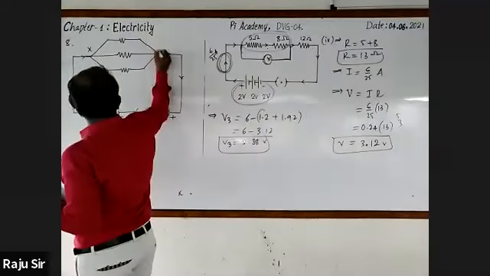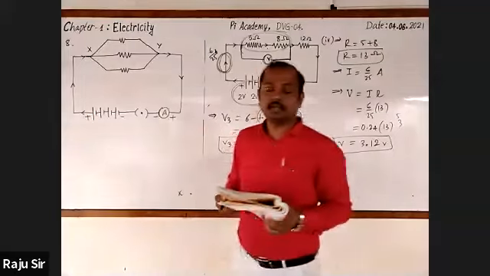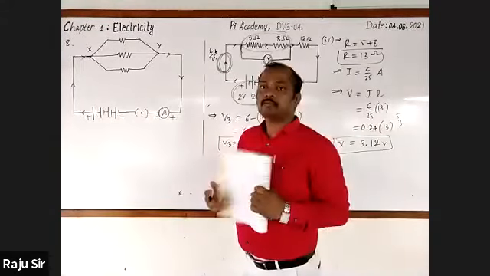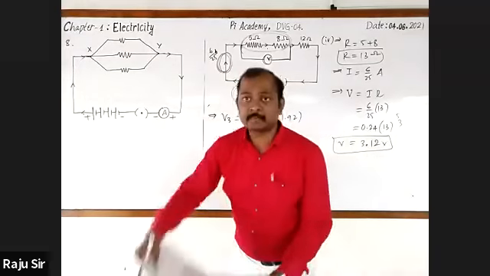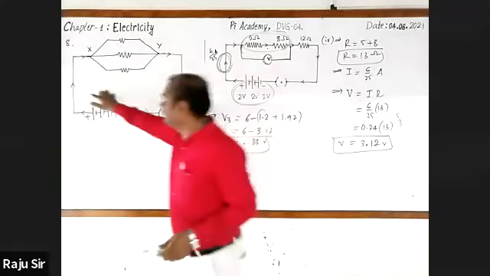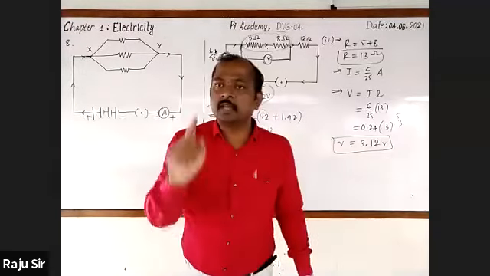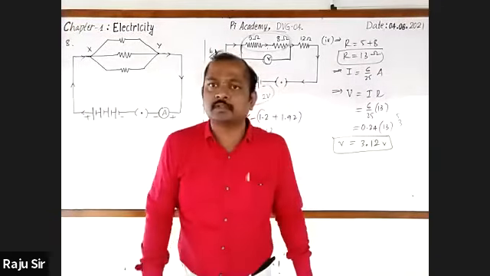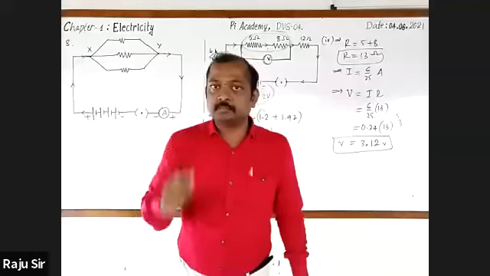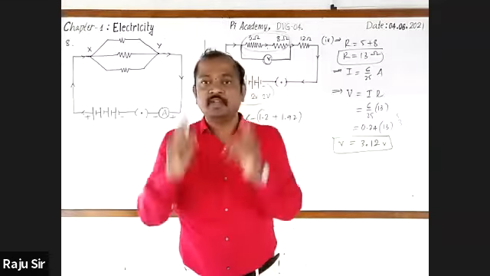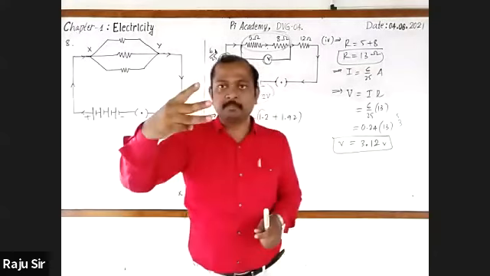I'll take the 2 points X and Y at which all the 3 resistors are connected. Dear students, you all know that as it is a parallel connection, once the current is constituted, whether the same amount of electric current flows through all the 3 resistors. No, sir. The resistors are connected in parallel. Teacher is giving information. When the teacher is asking the question, your attention should be there only.